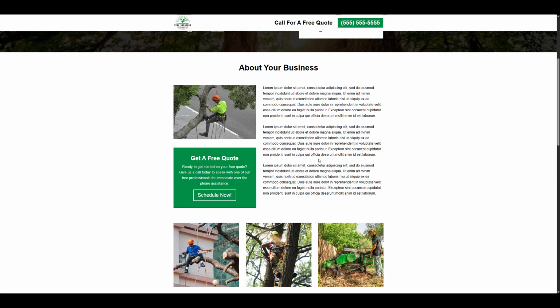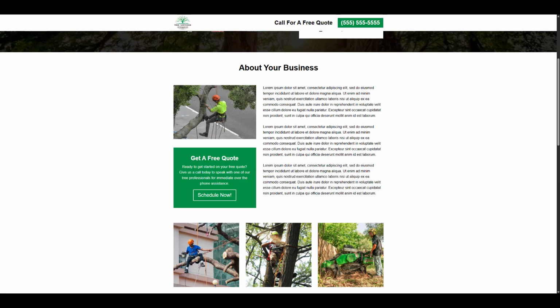Stuff like that helps a ton, because if you frame the about section as a message from the owner, it makes it seem a lot more relatable, a lot more personal. And one of the biggest things with any kind of business transaction is, you've probably heard this cliche, know, like, and trust. It helps to build that up and make you seem a little bit more relatable compared to a lot of other local businesses that might just talk about more generic stuff, like we started this year and we do these services. If you make it more personal, you're going to stand out a little bit more, build that know, like, and